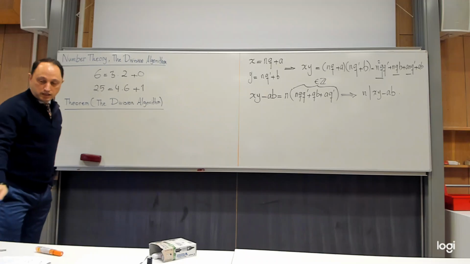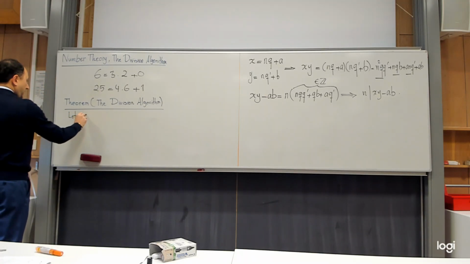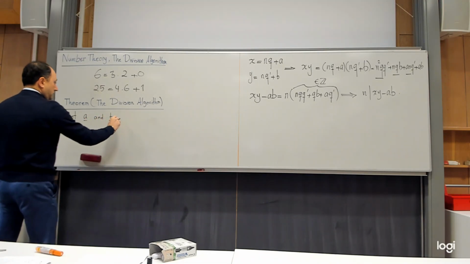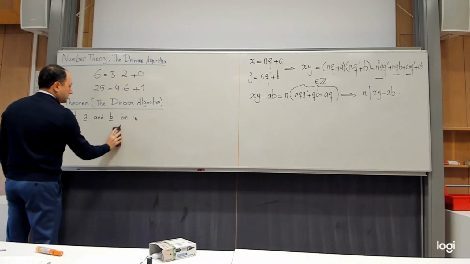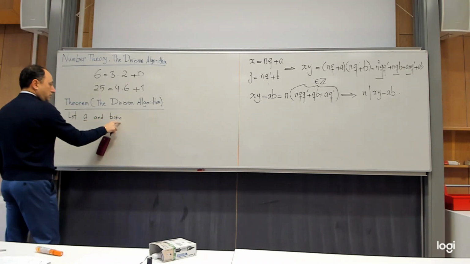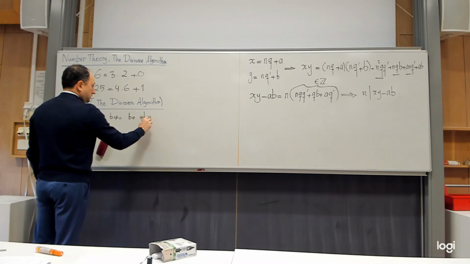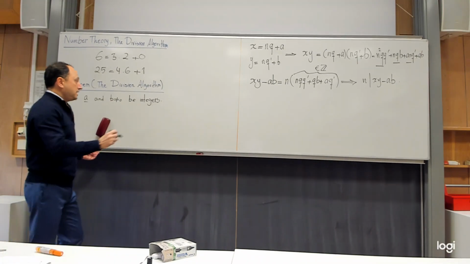Okay, so I would write let A and B be integers. Let me emphasize that B shouldn't be 0, B not equal to 0. Let A and B not equal to 0 be integers. Yes? Then